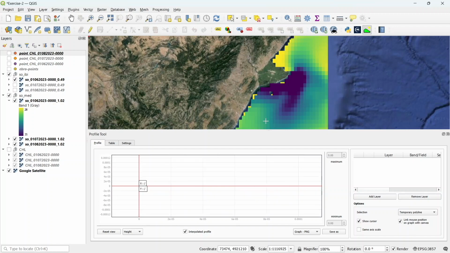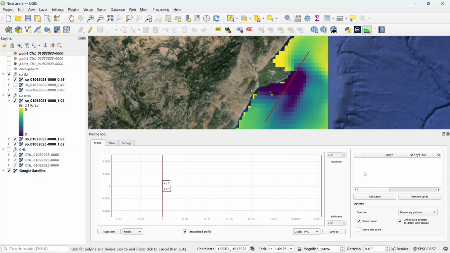Now, the profile tool basically gives you the possibility interactively to specify a starting and end point where I want to extract the information of sea surface salinity. So in this case, what I do is to do